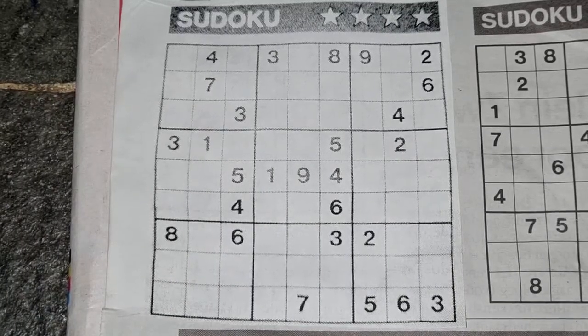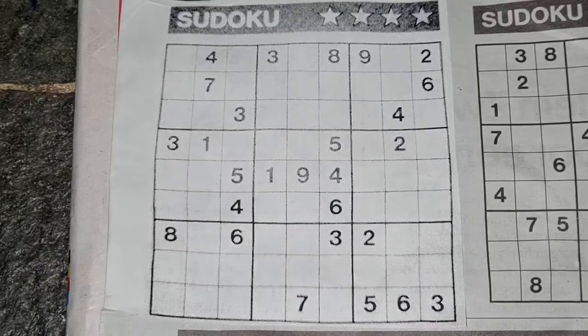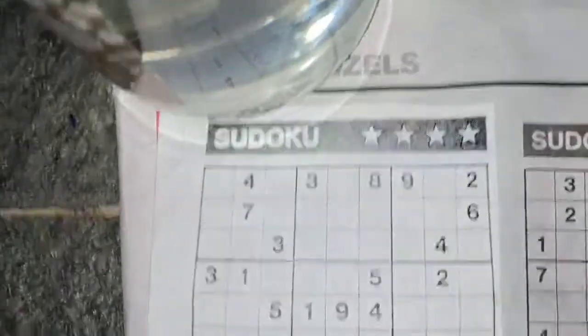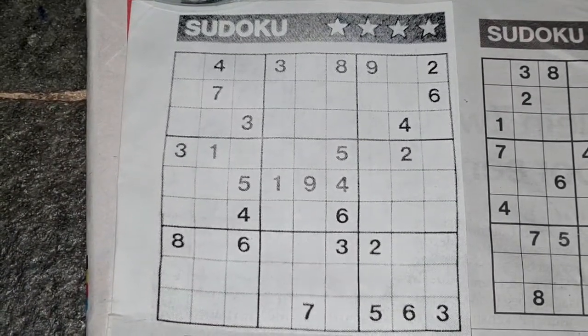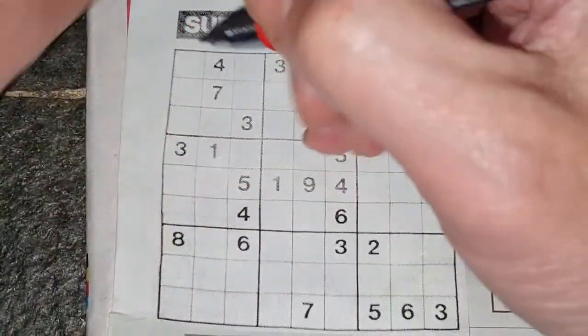Yes, Sunday. We have no newspaper, so I have decided to continue with the newspaper of Saturday, March the 20th, 2021. We have 4 Sudokus left. Sudoku with 1 star, 2 stars. These are solved. This one also. Tectonic and a binary puzzle. 4 Sudokus are left. Sudoku with 1 star, Sudoku with 2 stars. Then Tectonic and a binary. Alright, the first Sudoku I will solve will be number